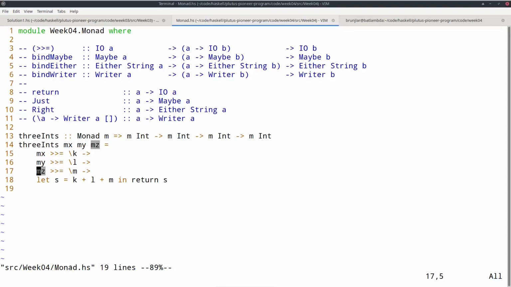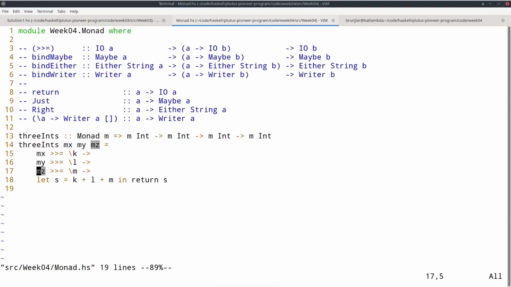In the case of maybe, the superpower would be to be able to fail. In the case of either, the superpower would be to fail with an error message. And in the case of writer, the superpower would be to log messages. So you have a type that represents computations with some special features, some special power. And what turns this into a monad is the existence of return and bind.